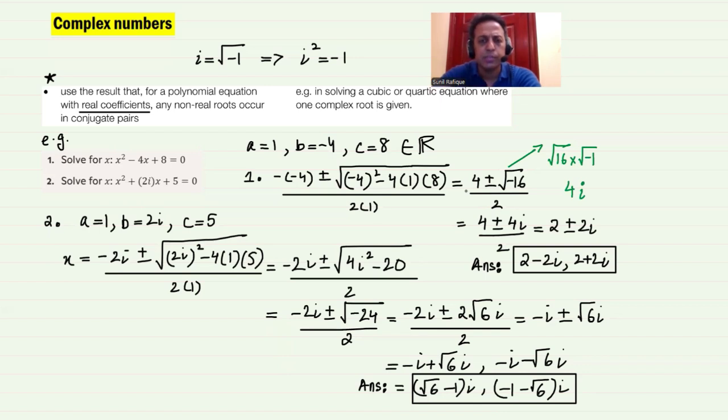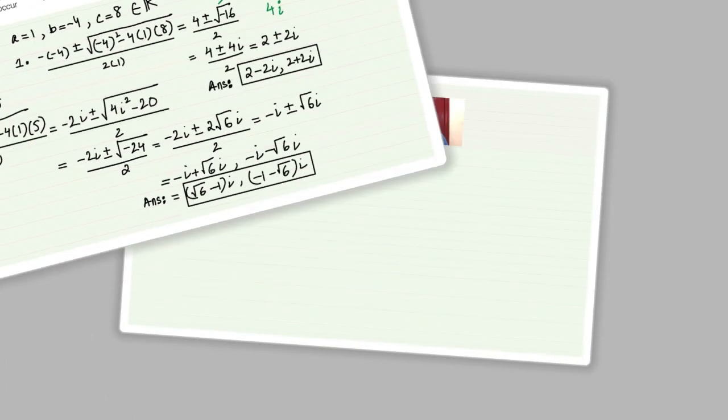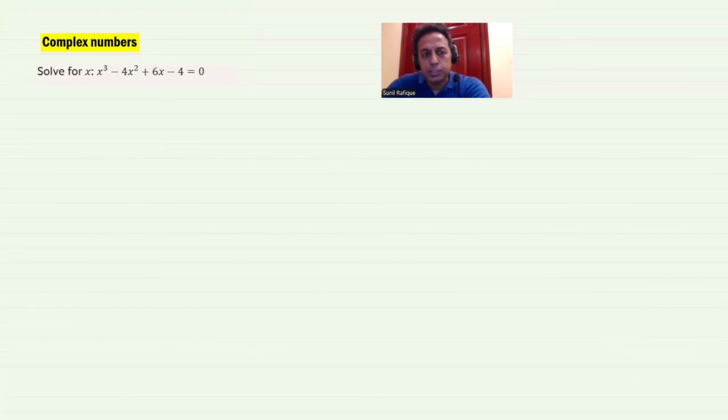Let's try and solve some cubic equations, and then I'll move on to the reverse cases where one of the roots is given and you find the remaining roots. Let's solve this cubic equation. I'm going to suppose it p of x, the cubic polynomial, x cubed minus 4x squared plus 6x minus 4. I do not have any of the roots, so I need to find those by trial and